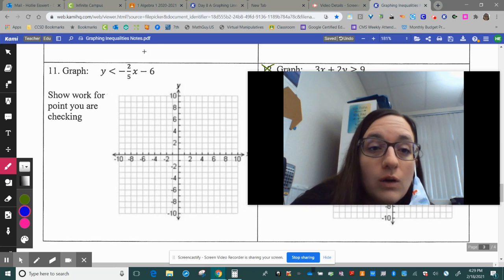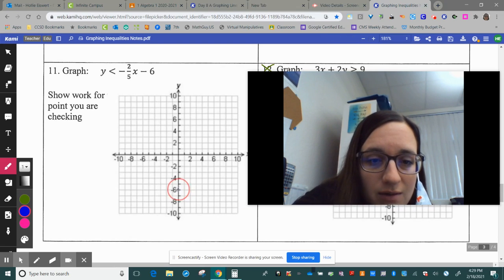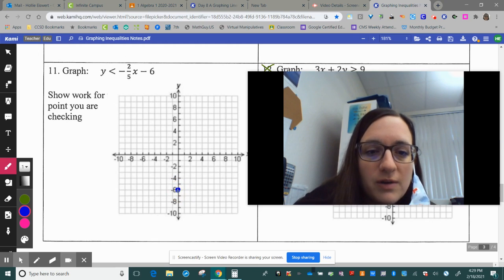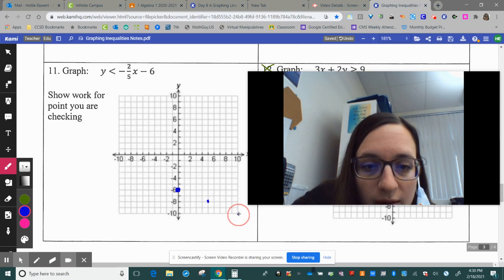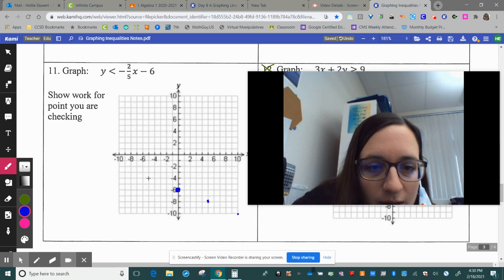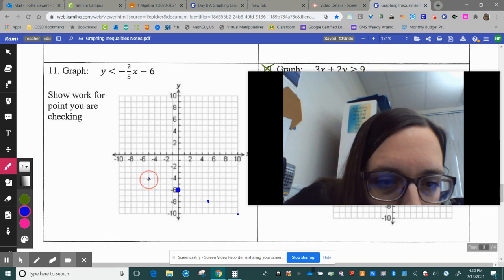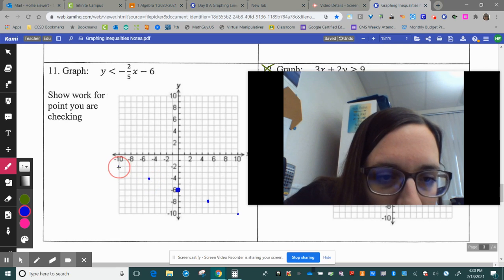We're going to start, well, look, slope-intercept form. We're going to start at -6. So we're going to go down to -6 on our y-axis. Boom, that's where we start. And then we use our slope, -2/5. So we're going down to 1, 2, 3, 4, 5. Down to 1, 2, 3, 4, 5. And we get the other side up to 1, 2, 3, 4, 5. And we go up 2 over 5. Okay,